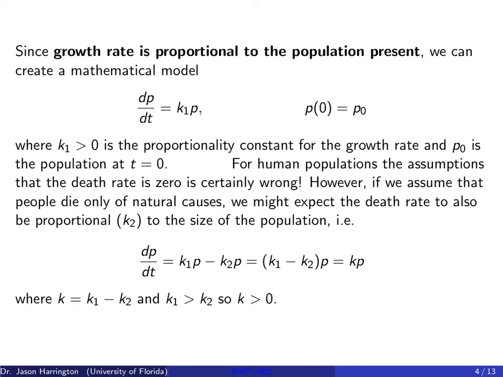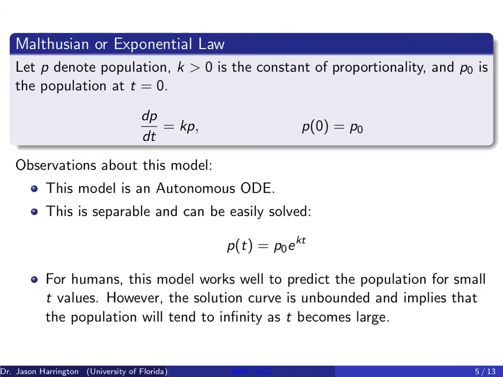Now we're going to assume again that the death of natural causes isn't going to be so much so that more people are dying than people are being born, and that's what this means. And again, it could be negative if you have a society or a culture dying off due to disease or whatnot. But in most healthy cases, you're going to assume that the k is greater than 0, so that you actually have exponential growth. All right, so now let's talk about this Malthusian or exponential law.